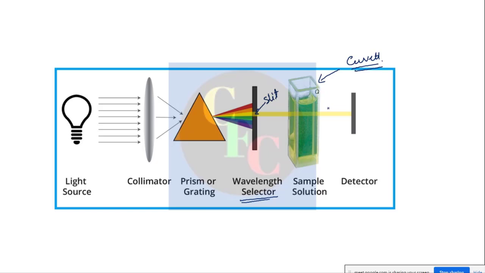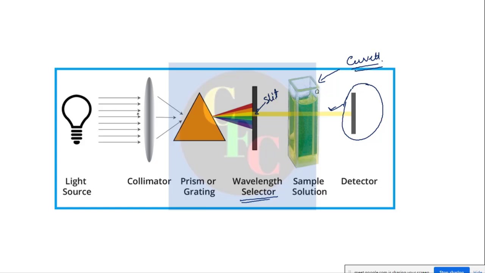The light that is going out will be detected by a detector. In this case, suppose you are looking at a sample, your eye is the detector. But as I said, we cannot rely just on our eyes, so we need a detector like a photographic plate or different things. The photographic plate has been used since the early times. It has some advantages and disadvantages as well, but that is used as a detector.